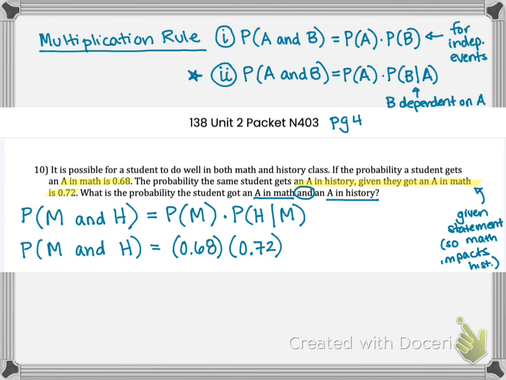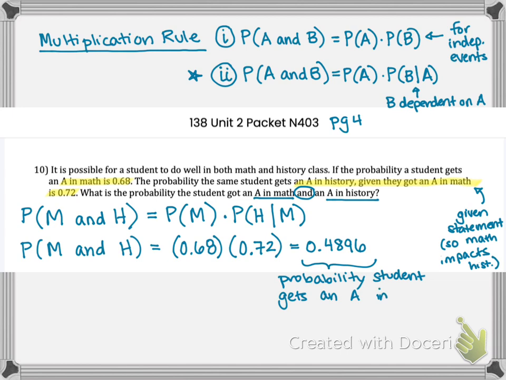And it would just be like me to not have my solutions sitting next to me when I need them. So let me just grab my solutions and write the answer down from there. So the answer to this is 0.4896. This would be the probability the student gets an A in math